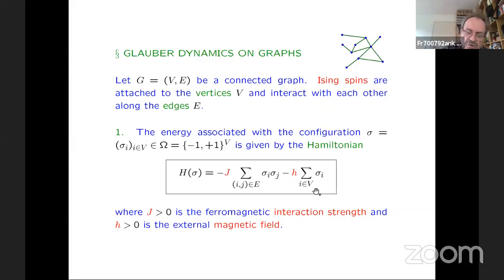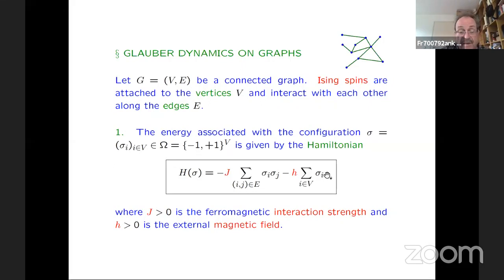And then we have an external magnetic field, H, which we're also going to take positive, and this is an interaction that every spin has with the magnetic field. So spins prefer to align with the magnetic field, because if the spins are positive, then this term is negative, and lower